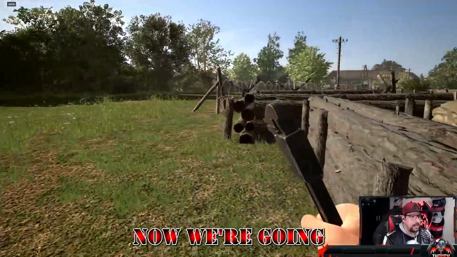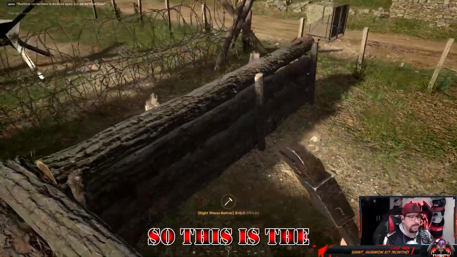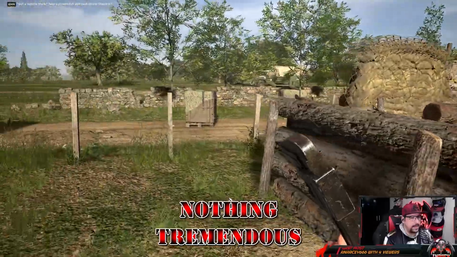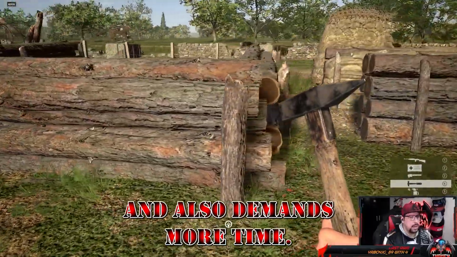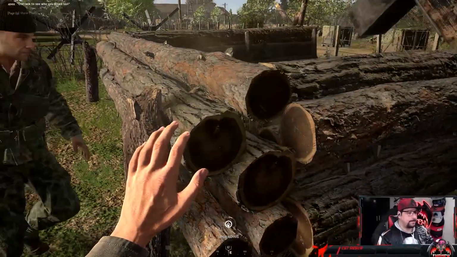Now, we're going to go on to this lovely little arrangement of logs right here. This is going to be the bunker. So this is the level 1 bunker. So it's just a U-shaped frame. Nothing special, nothing tremendous about it, but it gives you greater protection. It costs more resources and also demands more time. But once you start upgrading it, which is what we're going to do right now,